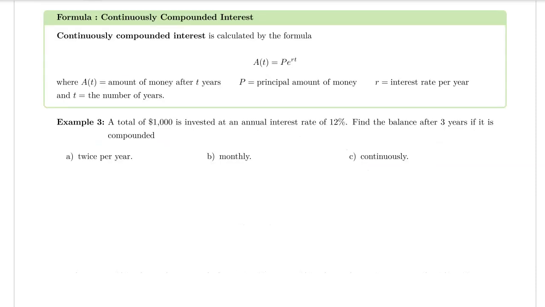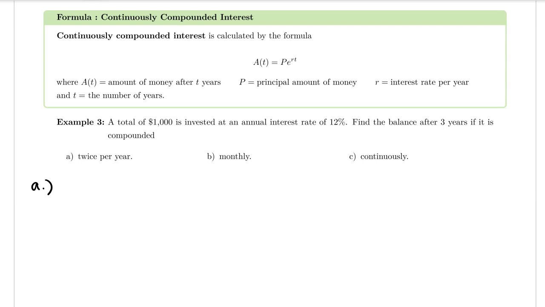Example 3 says, a total of $1,000 is invested at an annual interest rate of 12%. I do just want to pause here and say having an annual interest rate for a savings account of 12% is extremely high and not realistic. So I just want to put that in as a caveat. Find the balance after 3 years if it is compounded twice per year. So part A,